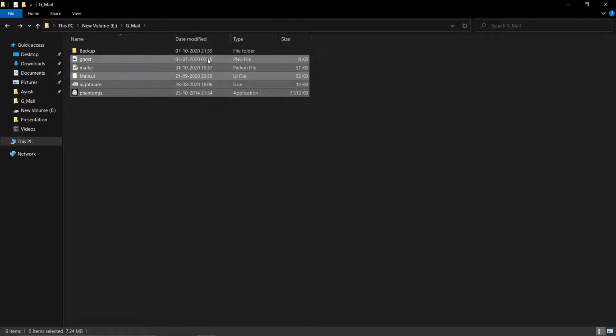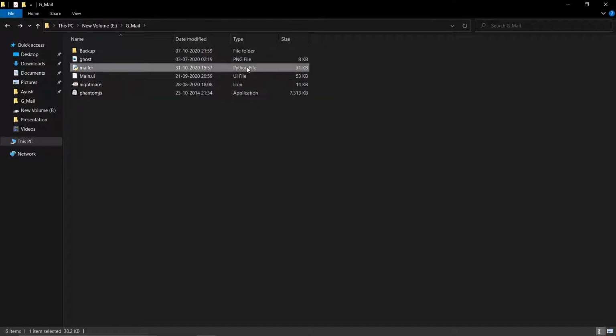I will be compiling all of these into a single executable file with the PyInstaller noconsole feature. So after compiling, I get the PyInstaller failed to execute script problem. So how to solve this? Let me just open this mailer